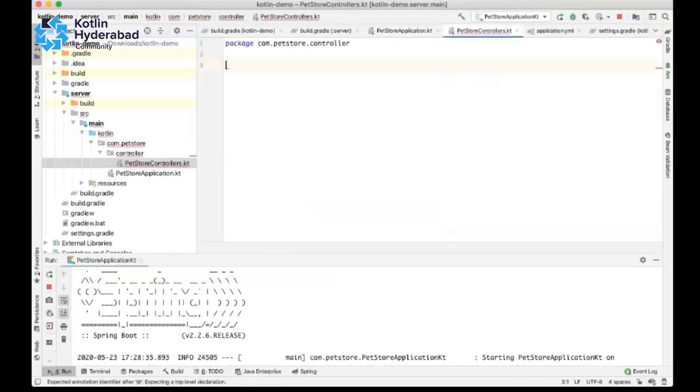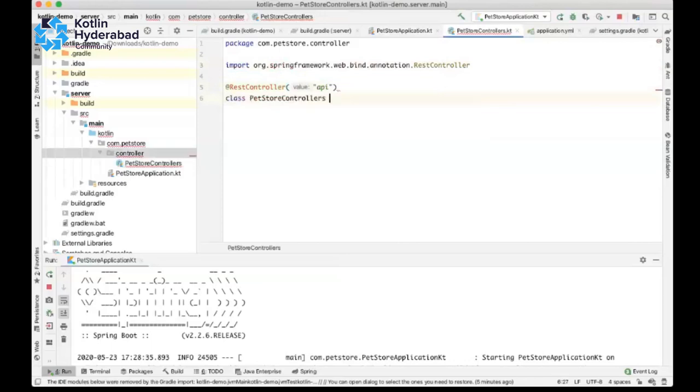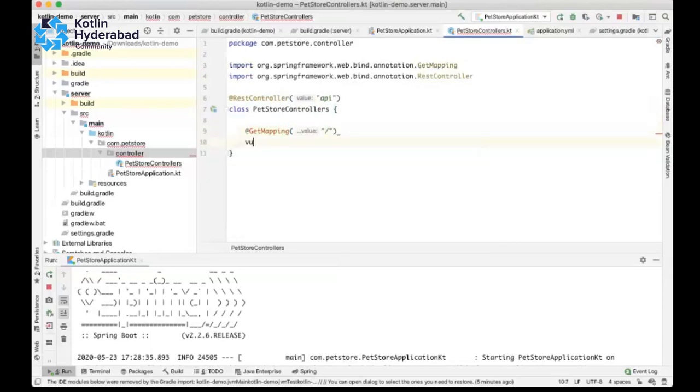REST controller. API class. Get. So this is how we used to create controllers previously, right?